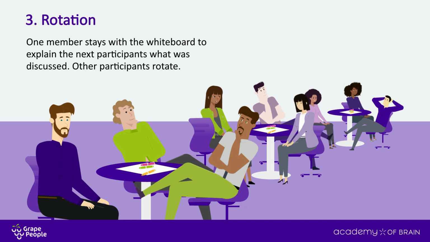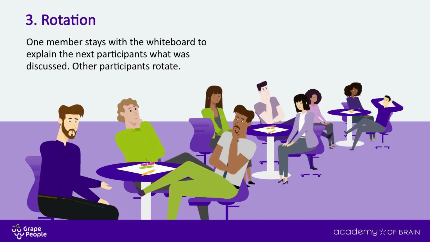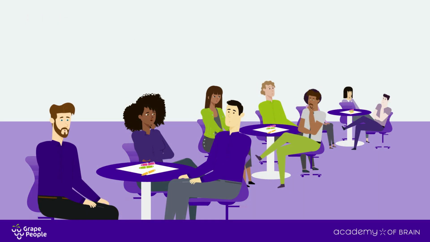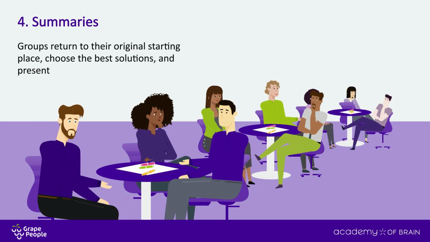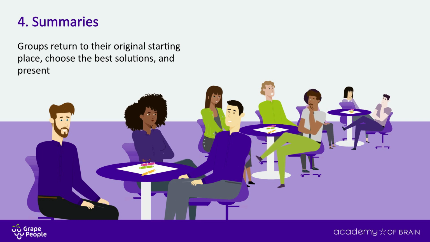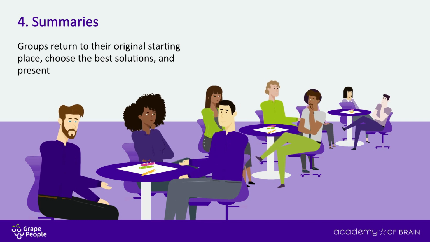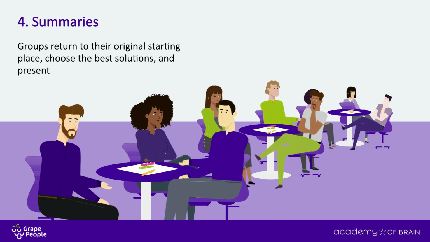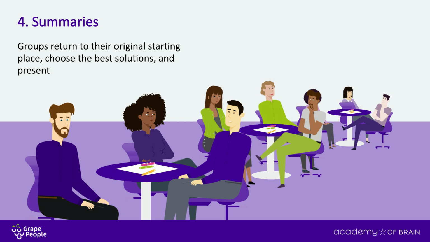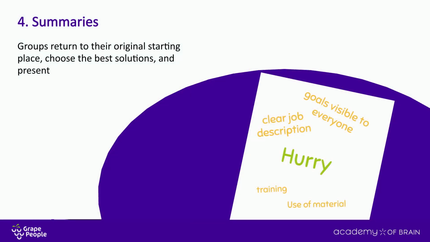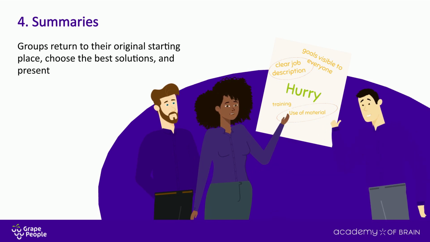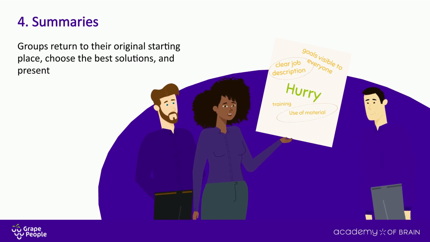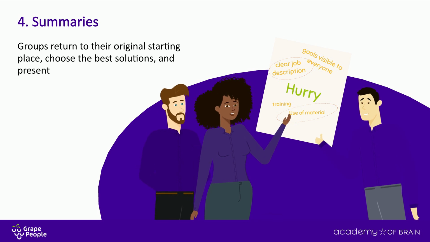Thank you, everyone. You're doing a fantastic job. Now it's time to get back to your original table groups where the host will explain the solutions that you've missed while you were away at other tables. In your groups, you will summarize the discussion and present to the rest of the room. The table groups reviewed, evaluated, and chose the key solutions, after which the hosts made presentations related to standardizing work, managing equipment failures, using materials more efficiently, and improving employee training. I asked for feedback by soliciting comments from the group.